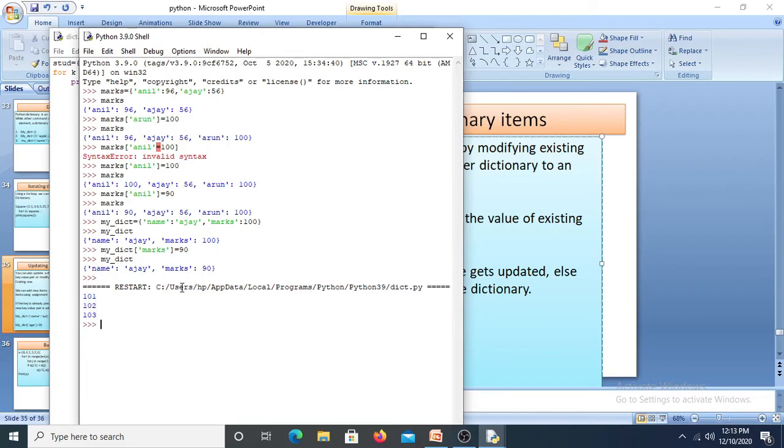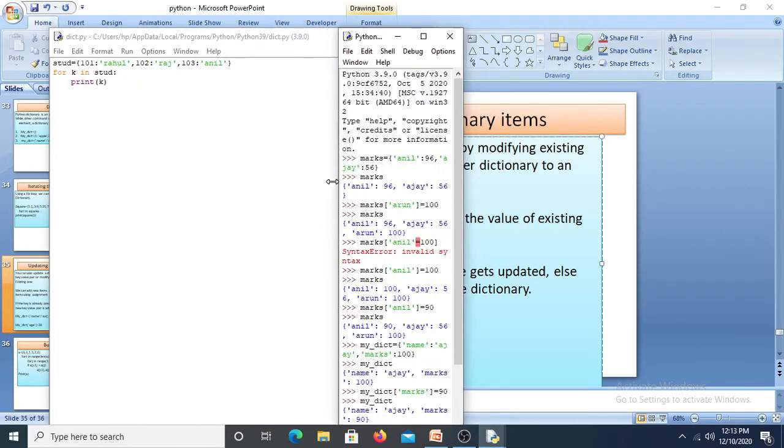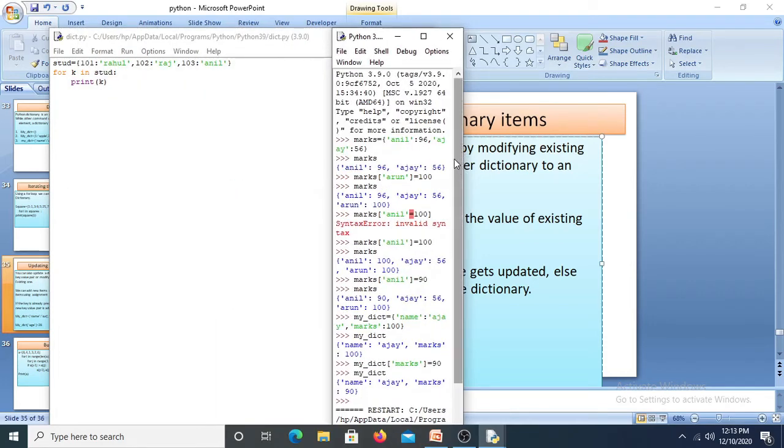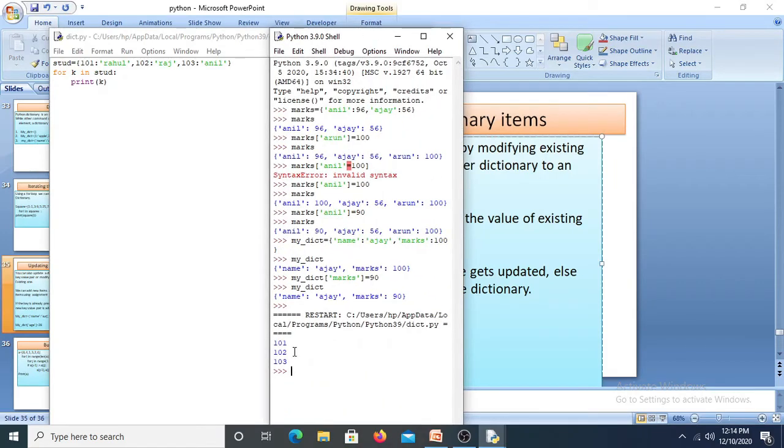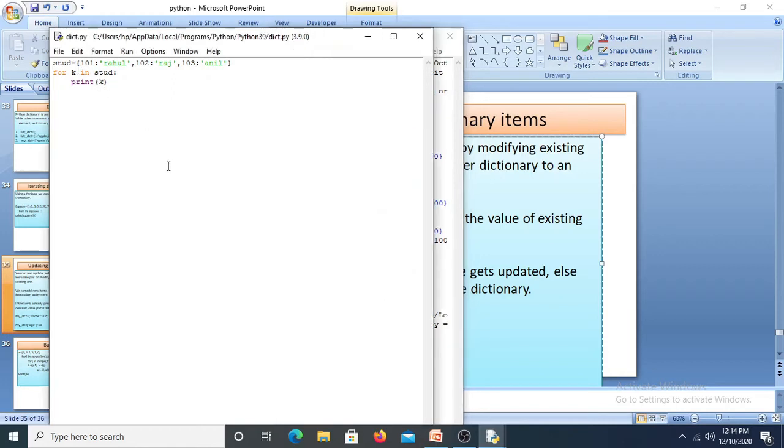So 101, 102, 103. What are 101, 102, 103 here? Actually it is a key, right? 101, 102, 103 is a key. I want to display the value here. Whatever the values of stud, they have been stored in k in the form of key-value. But I want to display the values also.